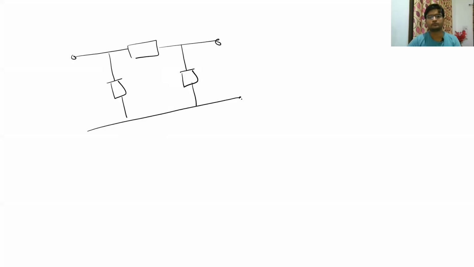So if I draw a circuit like this, remember all these circuits are two-port networks. Let me call this ZA, this ZC, and this ZB. So this looks like a pi. How does a pi look like? Pi looks like this, na? So if you see this circuit, it looks like a pi network.